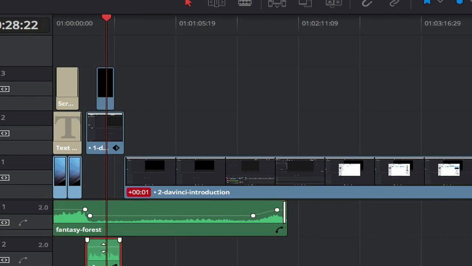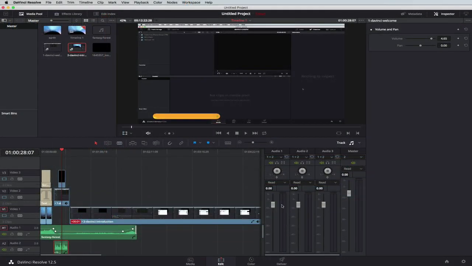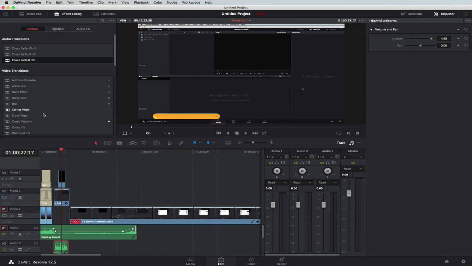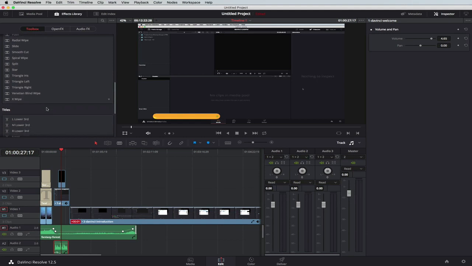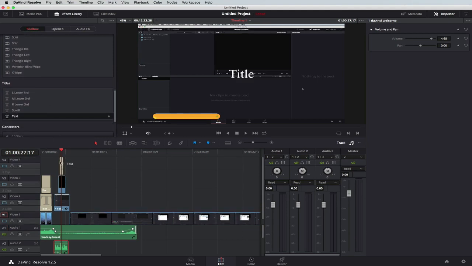Okay, so what we might do here is we might just pull up the volume. We can do that from here, or we can do that from here. So we've got the volume up on the vocals, and what we're going to do is we're just going to focus on some text on top of our little lower third. So we go to the effects library, come down to the text, drag that on top,